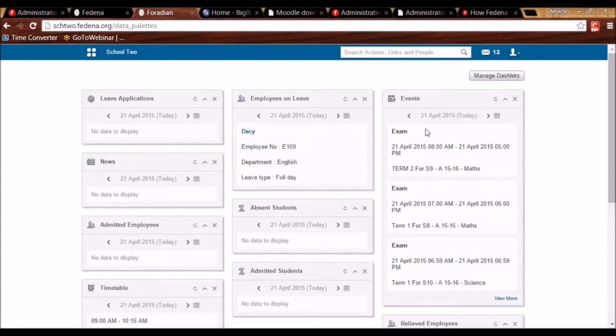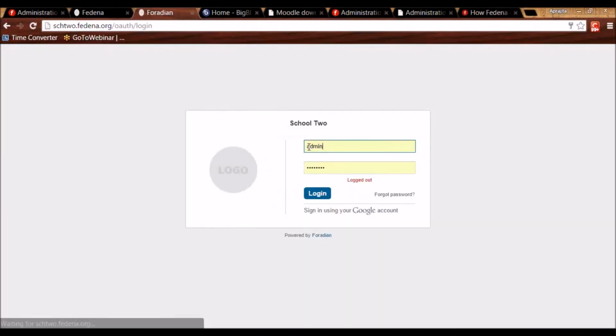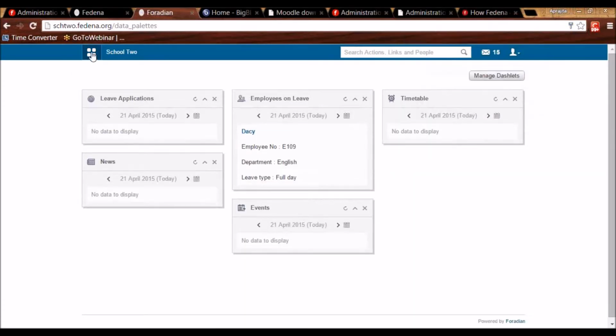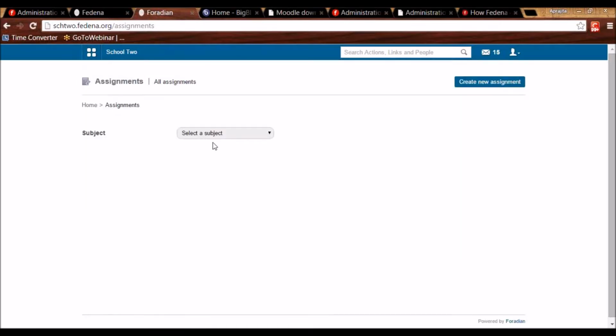Now let's see the assignment module. Now as a teacher of a subject or as an employee who is associated to a subject, I'll be able to create assignments and give it to the students. So I'll be logging in as a teacher now who is associated with the subject. And again, this creation of assignment privilege is not available for the admin. So here I'll be going to academics and I have an option of assignment. Using this option, I can create the assignment. So I'll click on create new assignment,